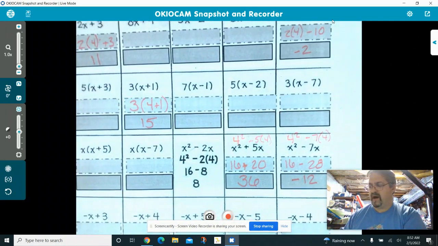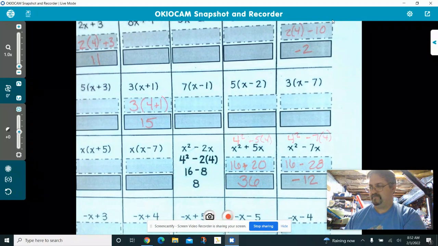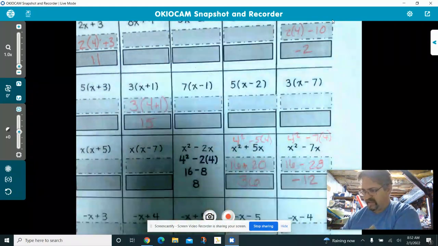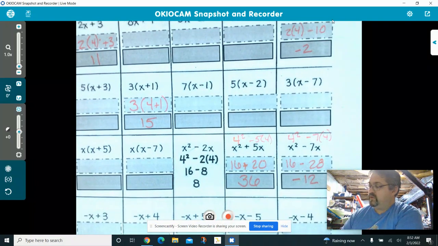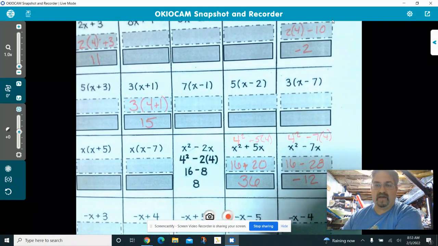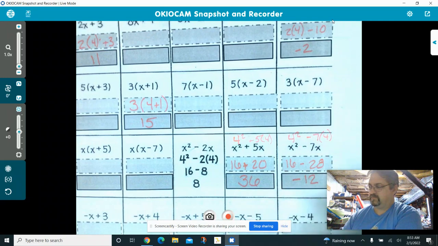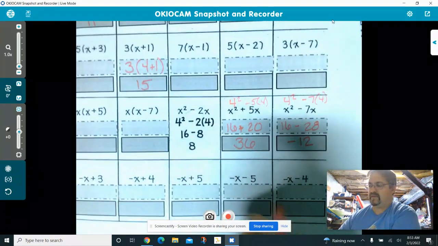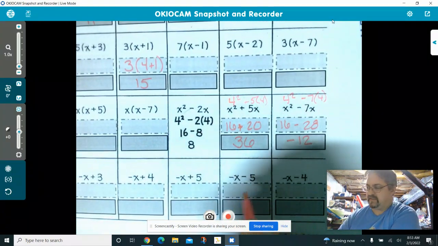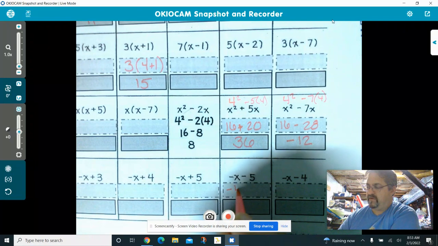I'm going to do one more from the bottom, and that'll be it. You guys can work the rest of these. It's not a lot of problems. I'll do negative x minus 5. How's that? Negative x. So if x is 4, I have negative x, that's going to be negative 4